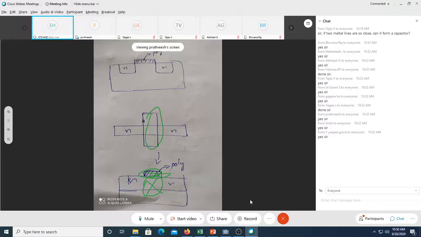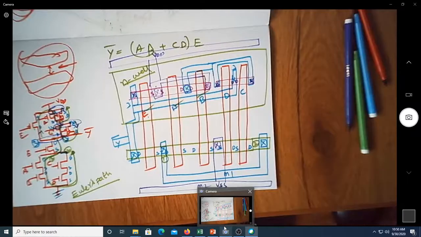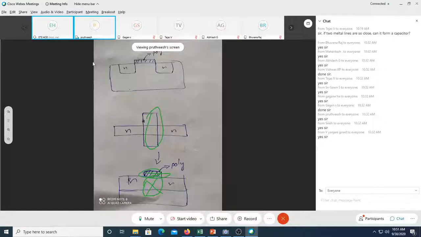Now, what we are trying to show in Microwind is how to draw the layout to implement a particular transistor. We have drawn such a complicated circuit on layout. Now we will also see how we actually fabricate that particular circuit in the fabrication process. Of course, there is still a long way to go to understand why the gap does not exist between source and drain at this point. Once I do the fabrication process, these doubts will go away. Is that fine? Okay, sir. Yeah, fine.